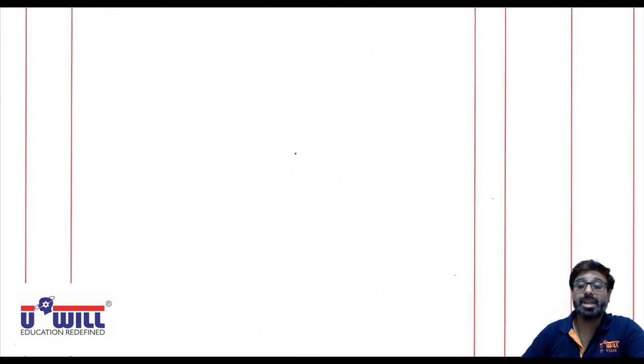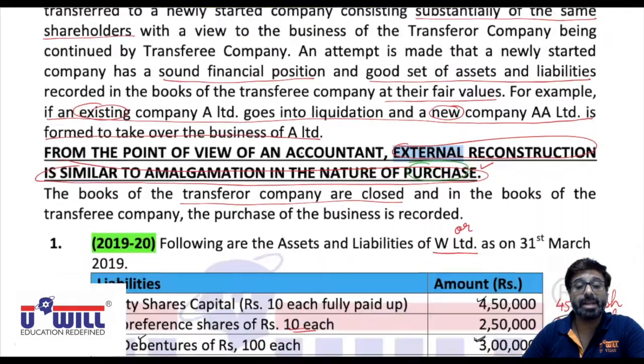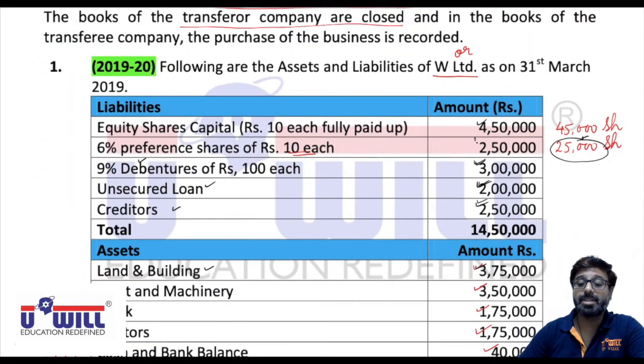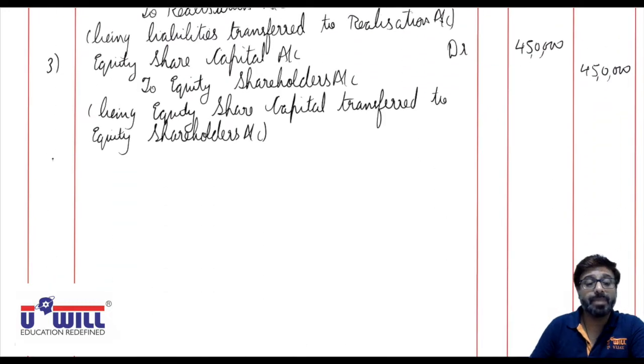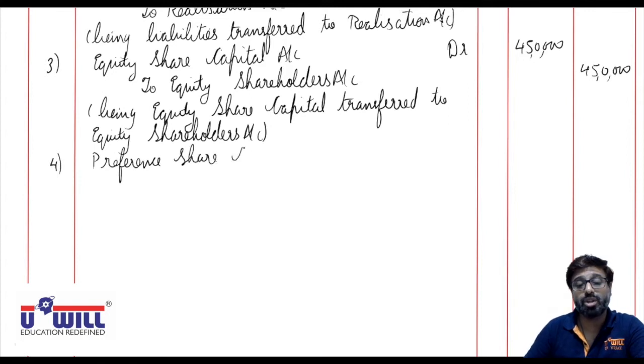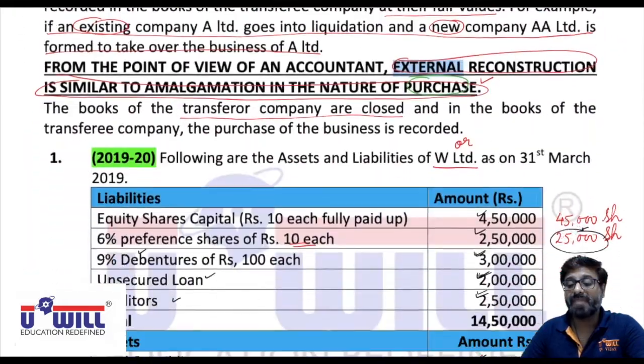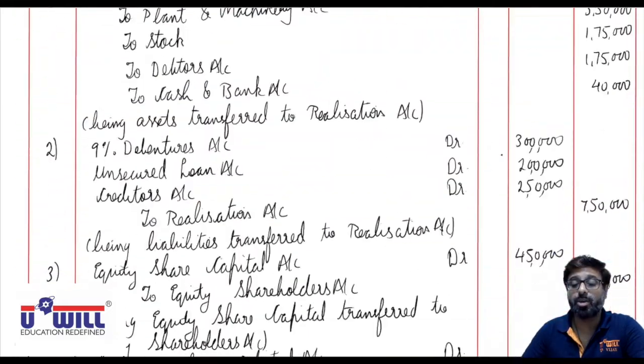Now after equity share capital, here we also have preference share capital. So preference share capital account debit to preference shareholders 2,50,000. Mind well, in this question, the last point left out of preference shareholders realization difference amount is also going to get covered. It's a nice question. Preference share capital account debit 2,50,000 to preference shareholders account.